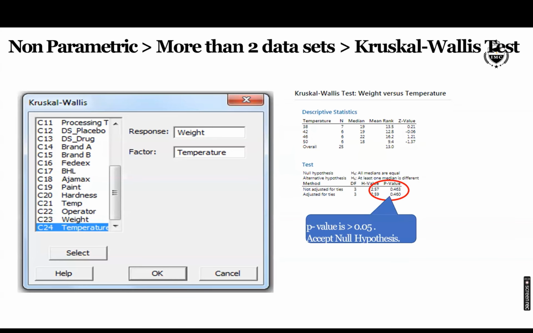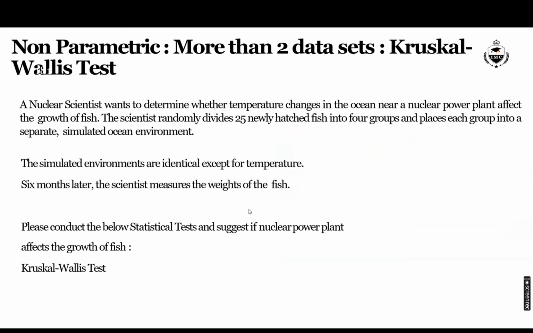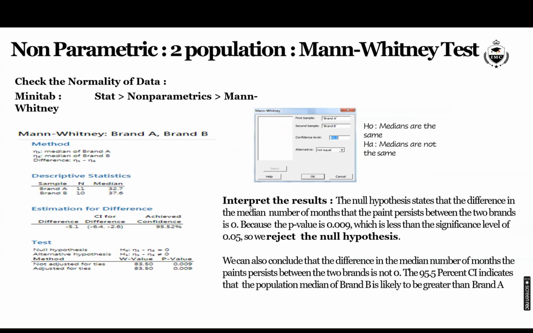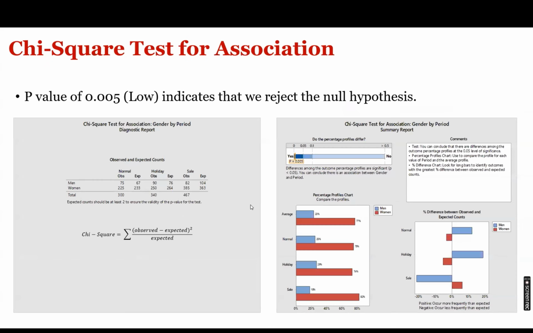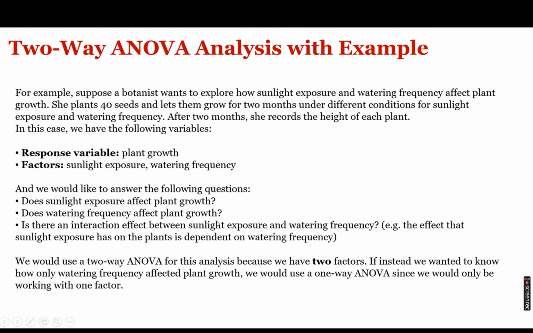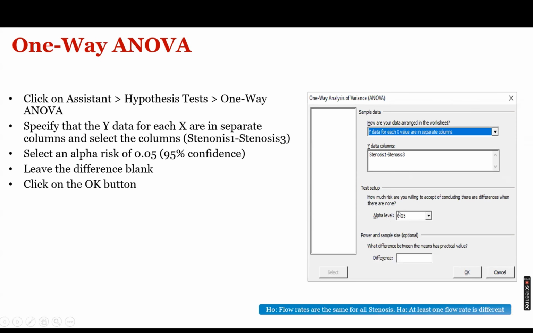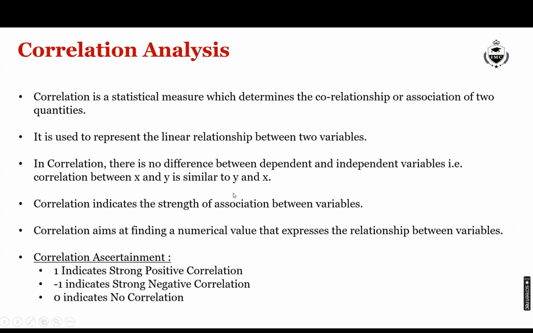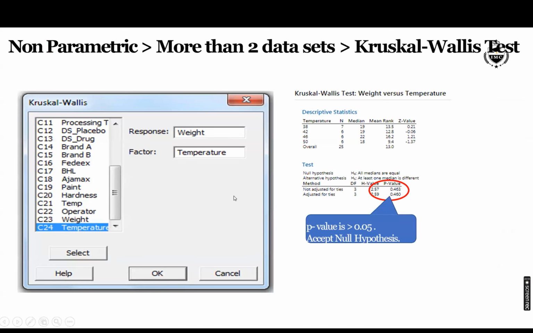Now, before I conclude hypothesis testing, in all the hypothesis testing that we have done till now, I'm not sure whether any of you have noticed, I'm showing it over here. There is always by default an alpha level of 0.05. I'm going back, and everywhere you will see an alpha level of 0.05. What is this? Whenever we talk about alpha level, I would request you to write down